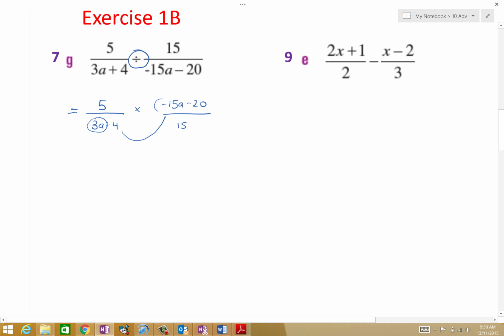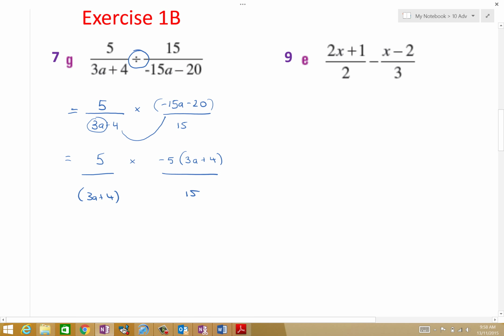So what I would do though is first of all factorise. So let's factorise the top. And what would be a common factor of... Minus 5. Yeah, okay, good. So minus 5, which gives me 3a plus 4. Would you agree? Now you've got a 3a plus 4. That's brilliant. Now we can say that the numerator and the denominator do have common factors, and we can